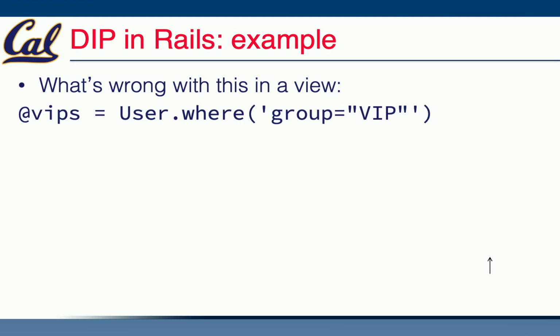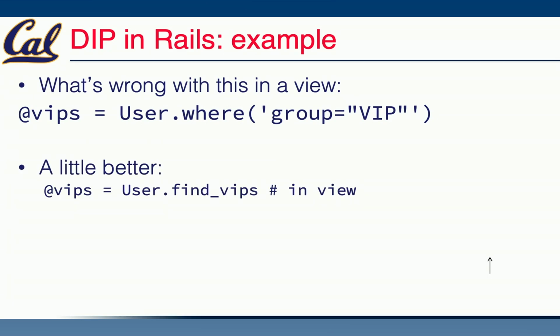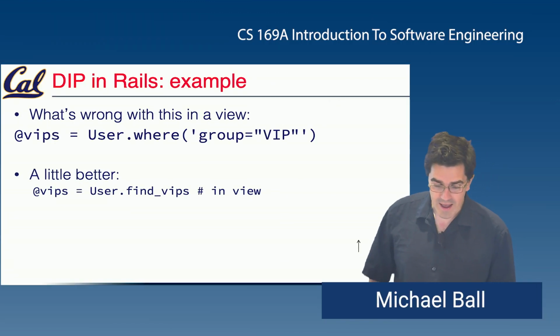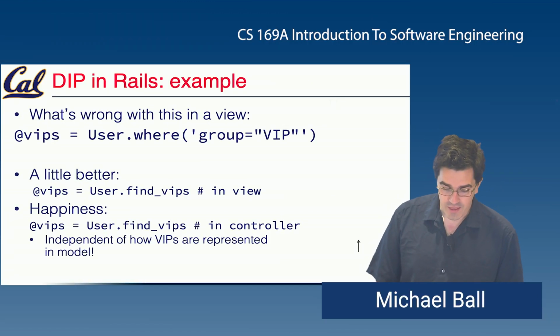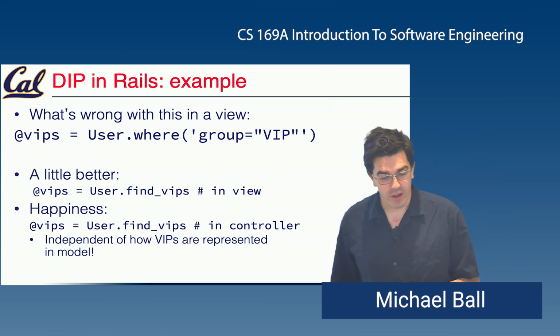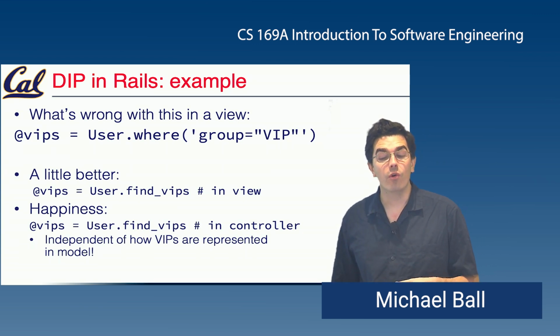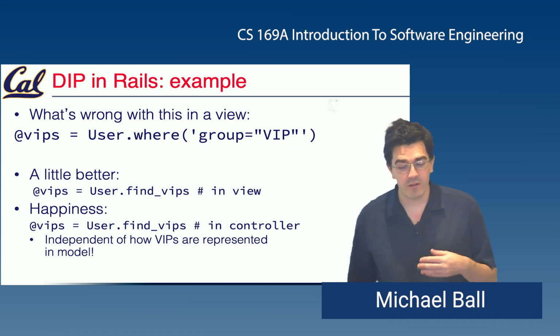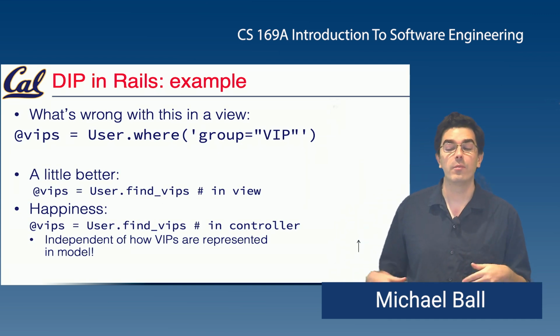A couple more examples that we could work through: you might start off by writing in some view. If we're looking for VIP users in our apps, we could just write this code in a view where we write a query and render that. We know we don't want code in our views, so we might have a method that we call in the view like User.find_vips, but really we should think about moving this code to the controller. And this, as a version of dependency injection, is the simplest way of thinking about what is the interface between